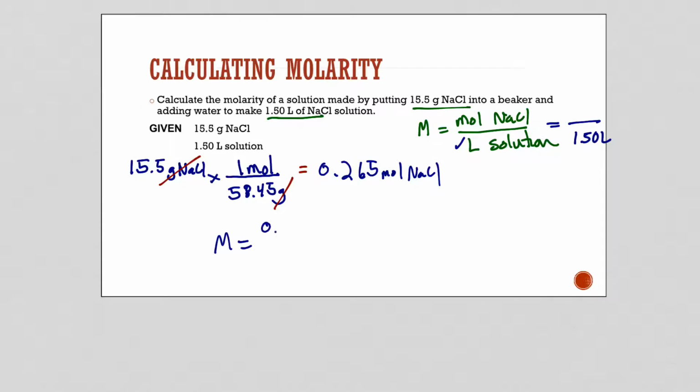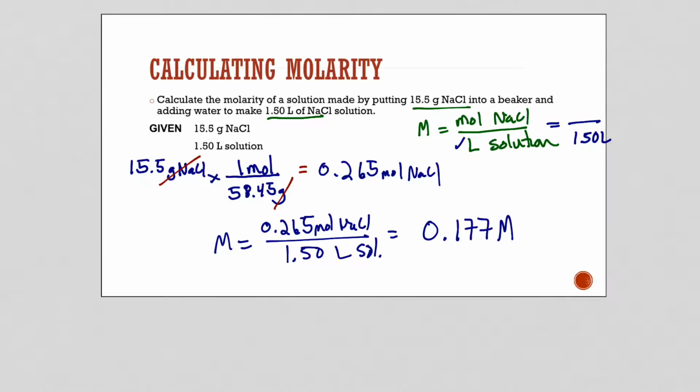We have 0.265 moles of sodium chloride divided by the liters of solution, 1.5 liters of solution. So that's going to give me 0.177, and we use the capital M. So we have a solution that is 0.177 molar